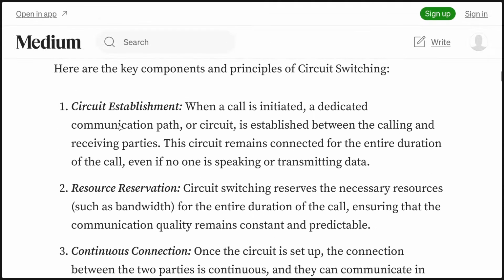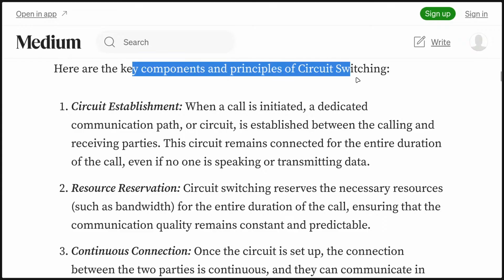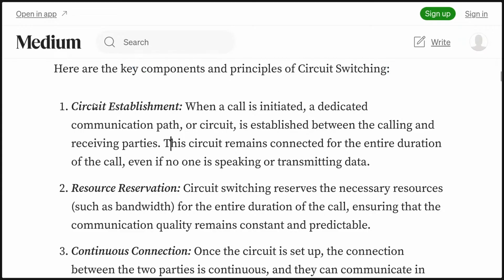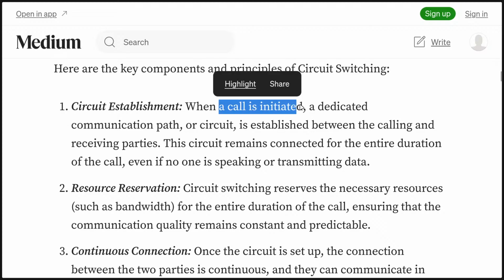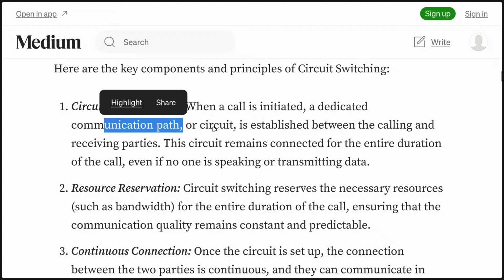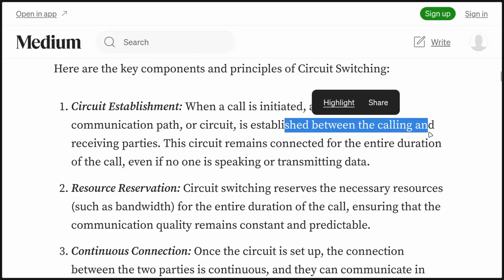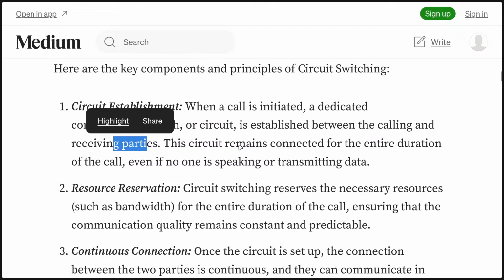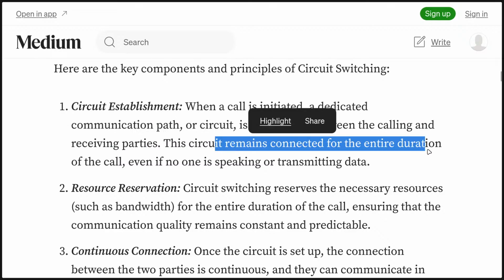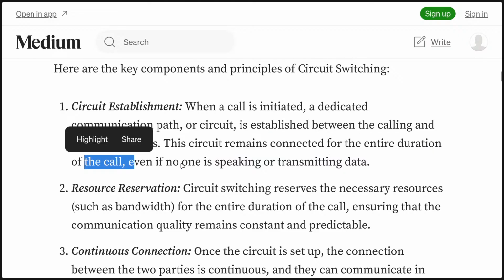Okay. Now then, here are the key components and principle of circuit switching. First you need to make the circuit, right? So the circuit needs to be established. How is it established? A call is initiated, a dedicated communication path or a circuit is established between the calling and the receiving parties. And this circuit remains connected for the entire duration of the call, even if no one is